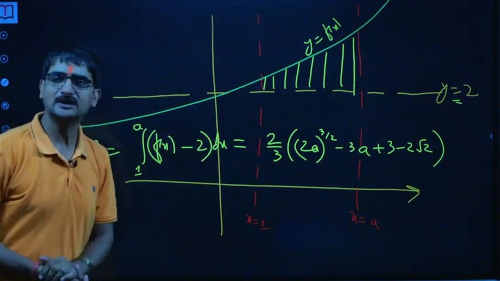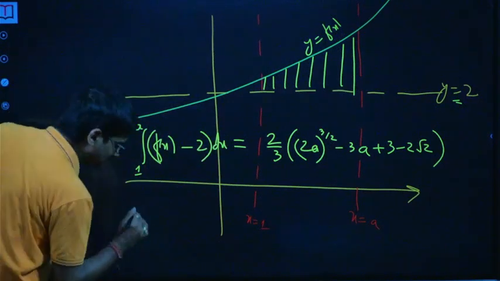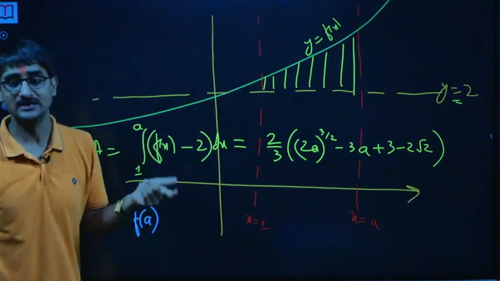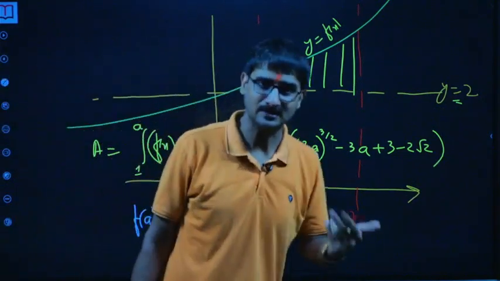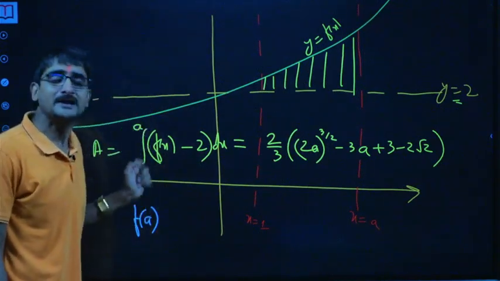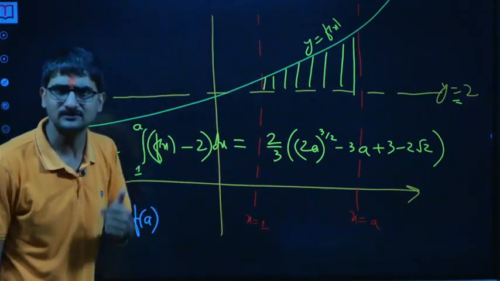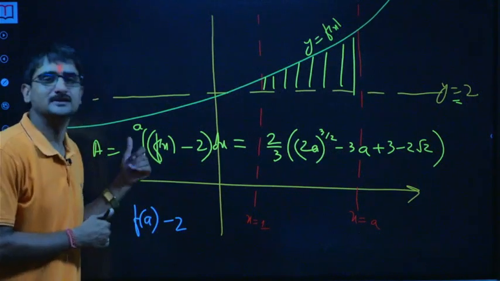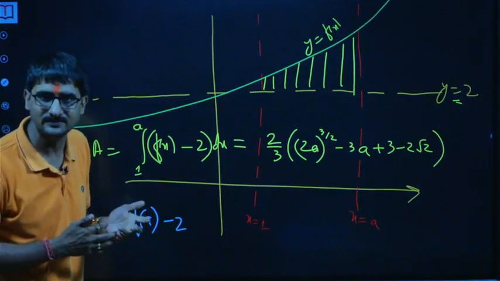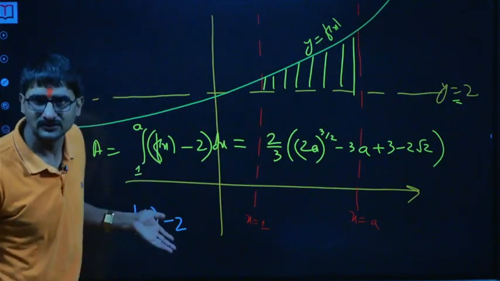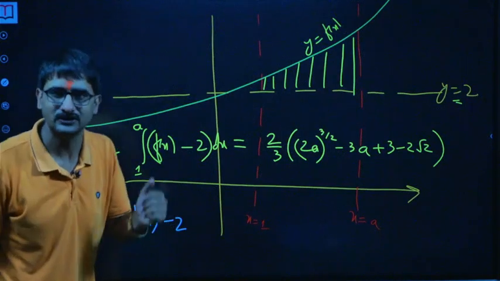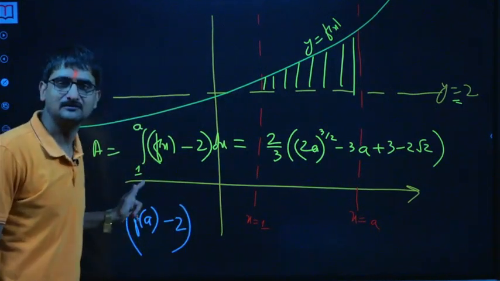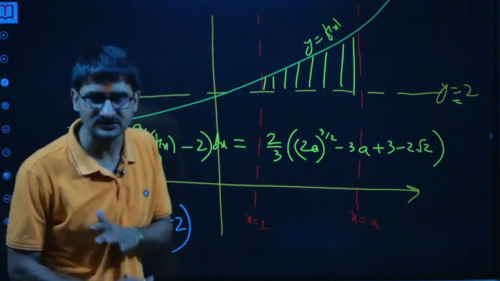So differentiating both the sides with respect to a. What does that give us? That gives us, instead of x, we replace it with the upper limit, which is the variable a. So f of a into derivative of the upper limit, which is 1, because we are differentiating with respect to it, minus 2 into, again, the derivative of the upper limit, because this is independent of x. Of course we are not going to replace, since there is no x. Into derivative of a, which is 1. Now minus, replace x by 1 and the derivative of 1 is a constant, so that doesn't make any difference.